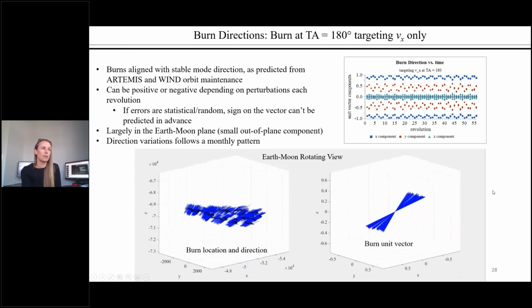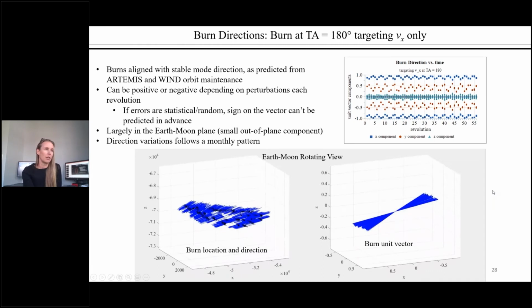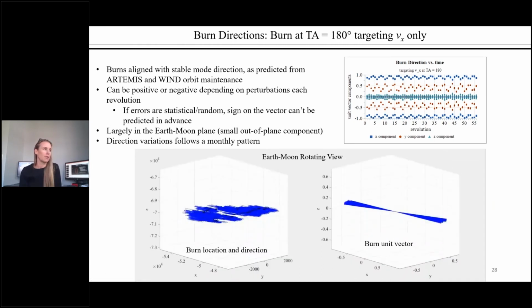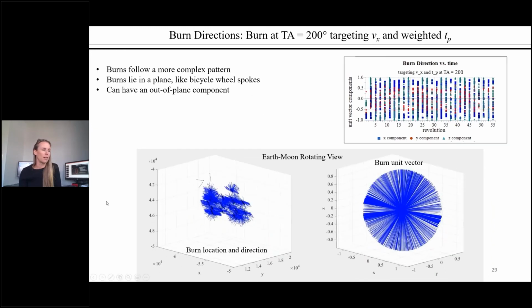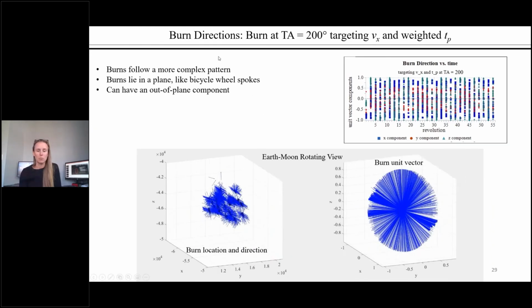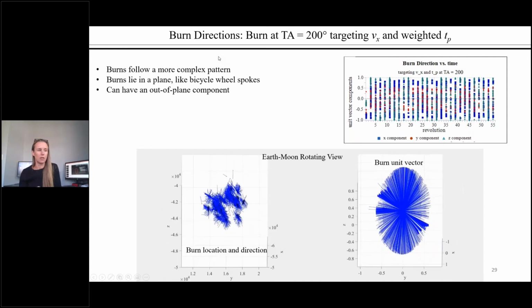Now, when you add your parallel passage time targeting, you have a different pattern here. So you have a more complex pattern, but they still follow a pattern. They all lie in a plane like bicycle spokes or like a chimney sweep brush. You can see